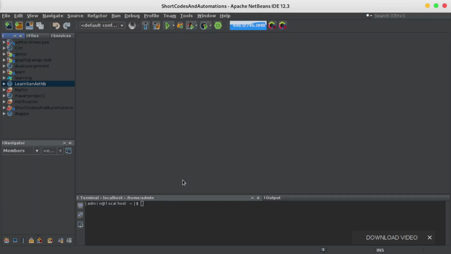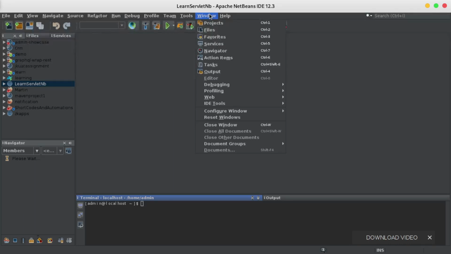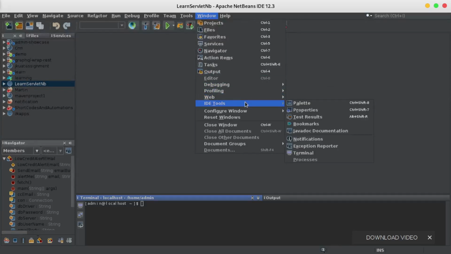Another thing that I want to mention, even as I close this part, is that we'll be doing some commands on the terminal. That's why I recommended that you follow me using a Linux box, and actually you can find a terminal inside your IDE. This is my terminal down here. If it is not visible on your side, you can always come to NetBeans IDE, and up there look for the IDE tools. This is where you find your terminal.